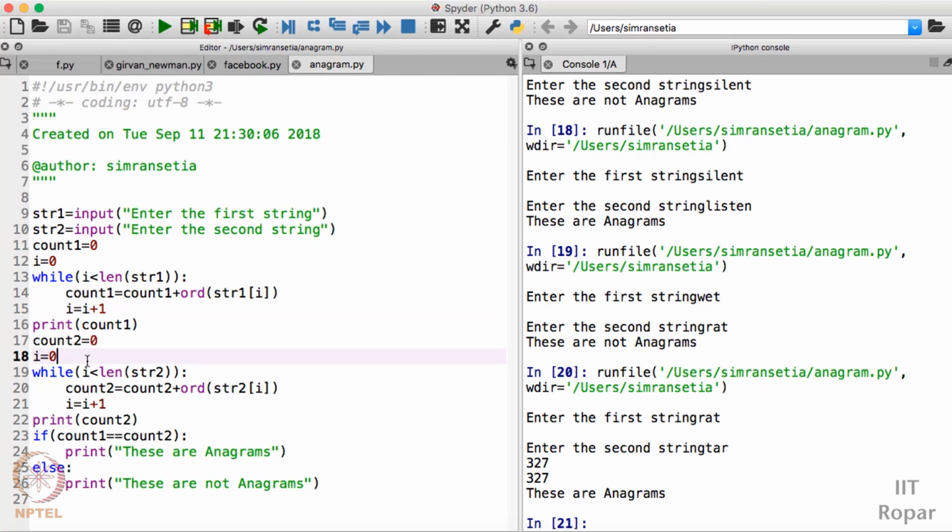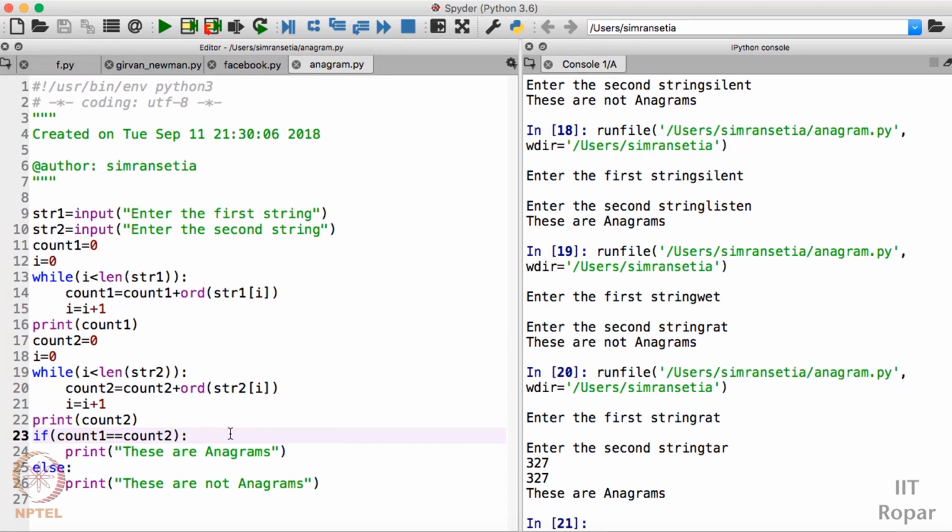I wrote i equal to 0. Then I again had a while loop which will compute the sum of ASCII values of the characters present in str2. Then I printed this count 2 value, and then I checked if count 1 is equal to count 2. If these both are equal, then these are anagrams, otherwise these are not anagrams.